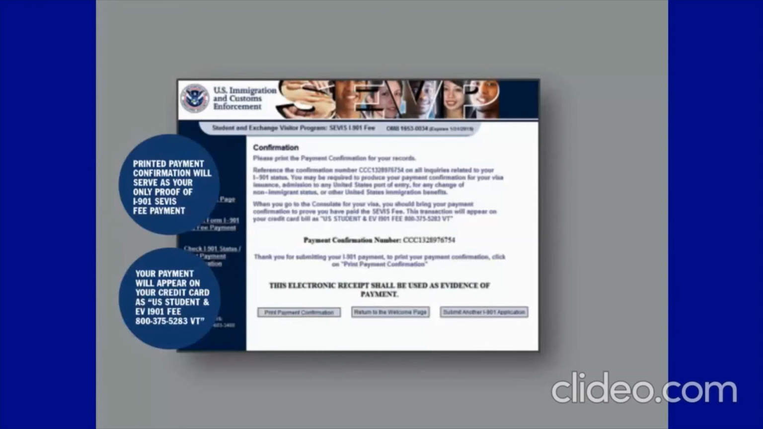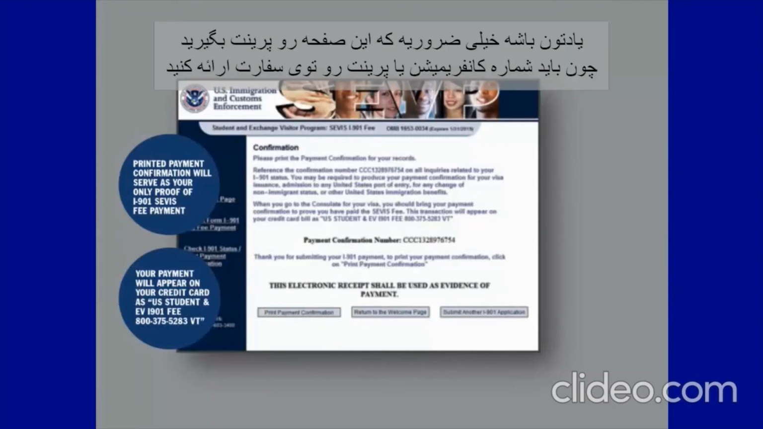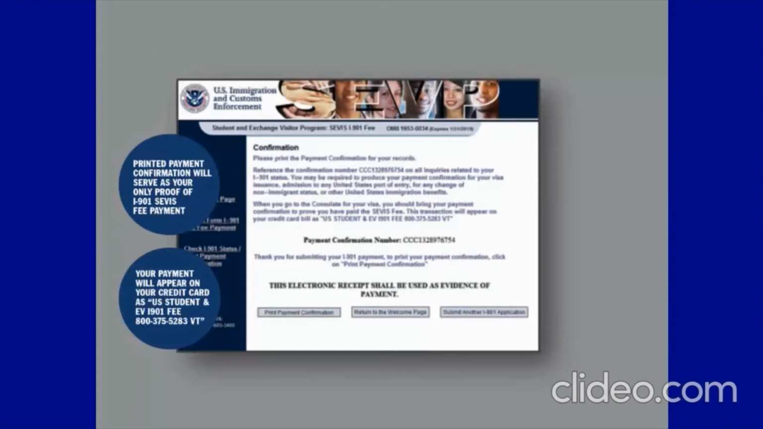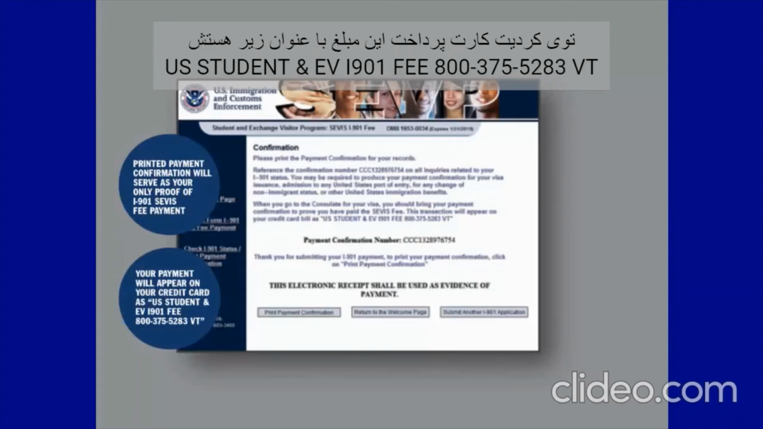Note, it is crucial that you print confirmation of this page. It proves submission of your payment and provides you with a payment confirmation number you will need to present at the U.S. Embassy or Consulate to apply for your student visa. Please also note that your payment will appear on your credit card as U.S. Student and EV I-901 fee